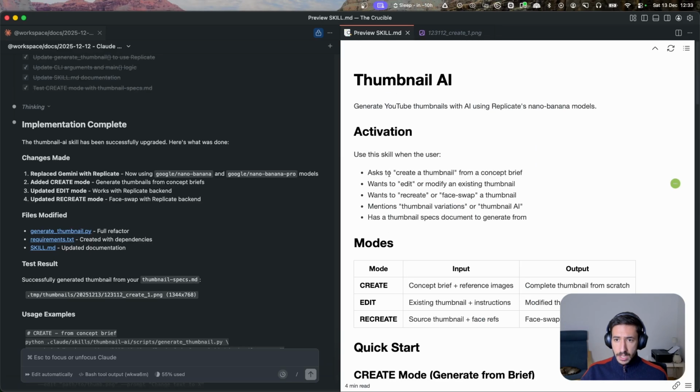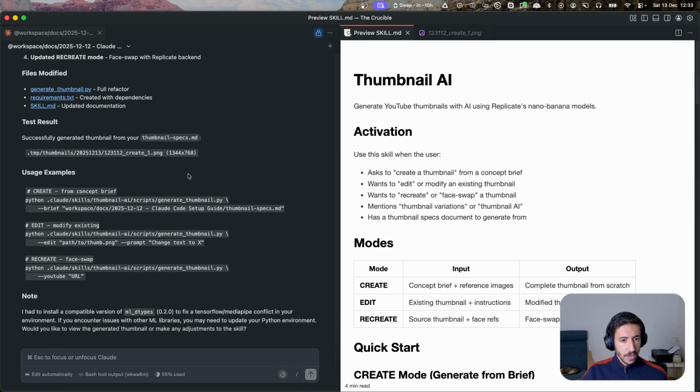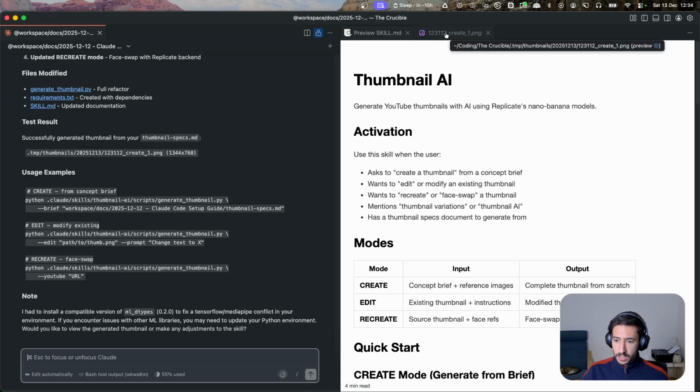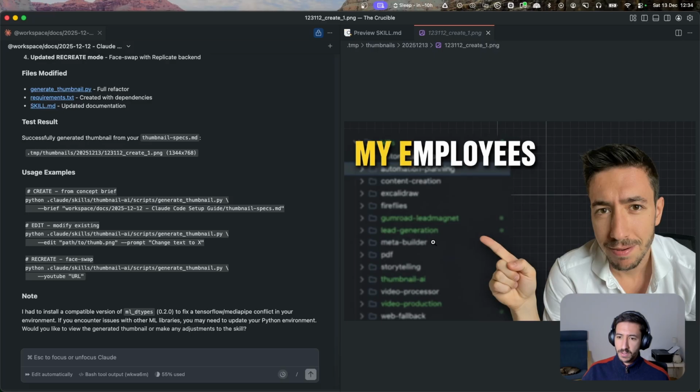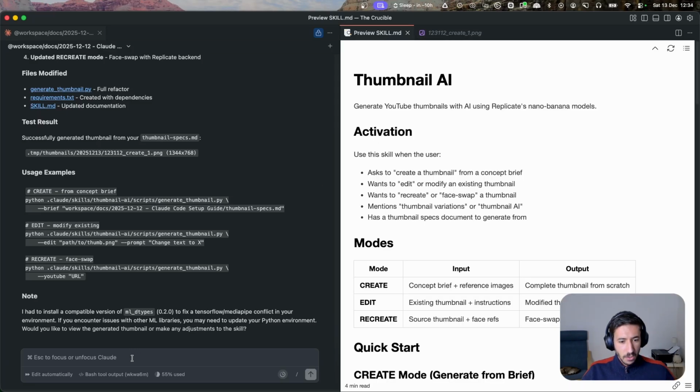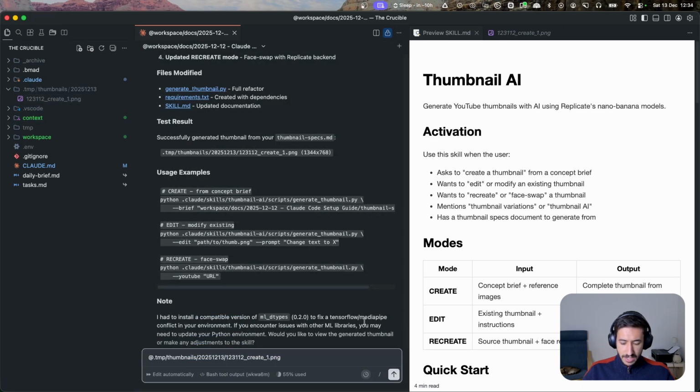Okay. So all is done. You already did a test and created a thumbnail spec. Over here, we can see what was the code that was run. I suppose it was done using nano-banana, not the pro version. So as you can see over here, this is kind of bad just for the finger pointy and the image itself. So what we can say is we can take the image here and say, cool, I'd like to rerun this, but instead let's use